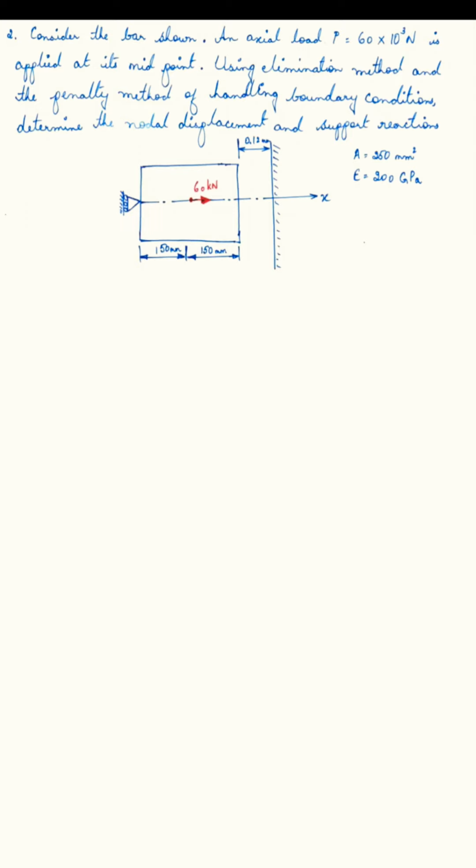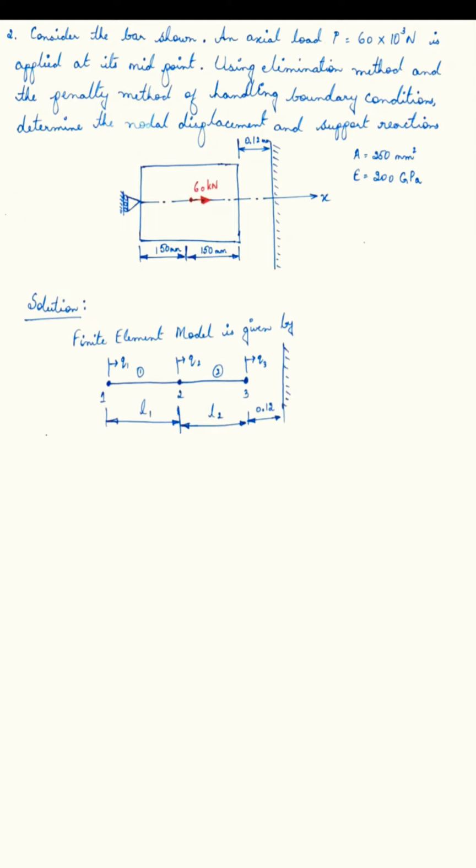So total length is 300 mm, of which 150 mm is the location where the 60 kilonewton force is acting axially. Now with this data, we will first formulate the finite element model as we had been doing for uniform cross-sectional bar or step bars till now. So we'll divide the given bar into two elements. The first element from the fixed node to the location where the applied load of 60 kilonewton is acting, and then the second element will begin from the point of application of load to the free end of the bar.